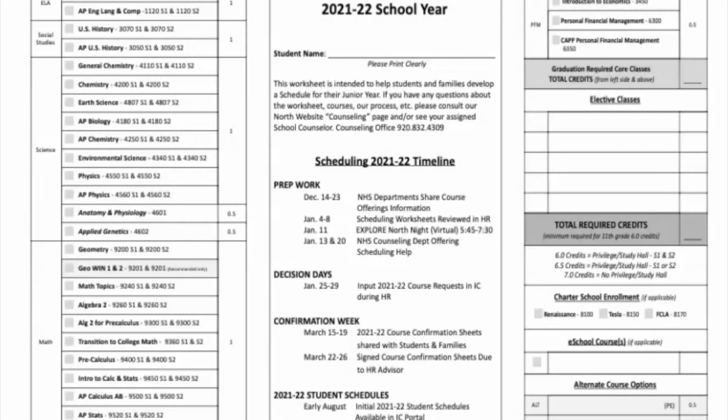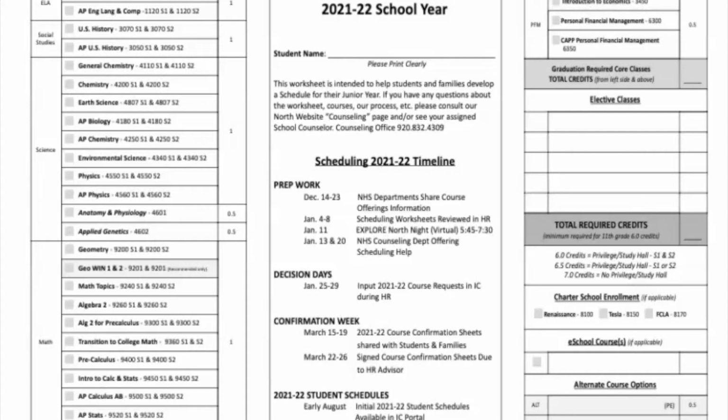Okay, as a sophomore homeroom advisor, what you're looking at is the junior scheduling worksheet for the 2021-22 school year for your sophomores, next year's juniors. This scheduling worksheet is again in the packet that was mailed to all students, so they have a copy of that. Basically what we're asking you to do with your students is to walk them through this, to explain the